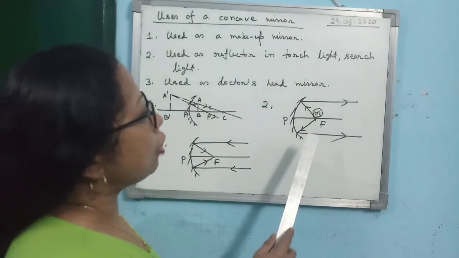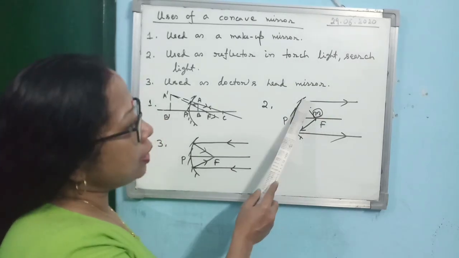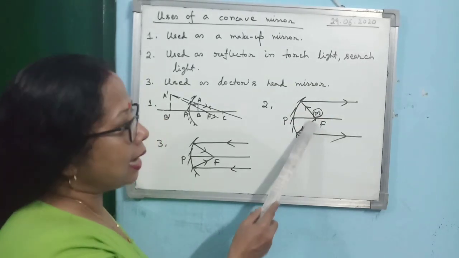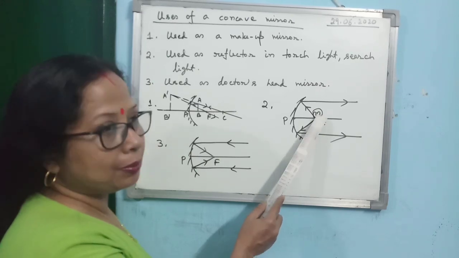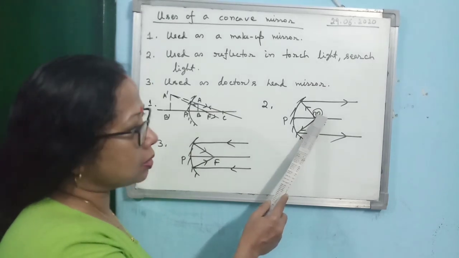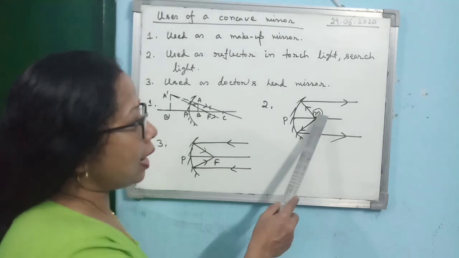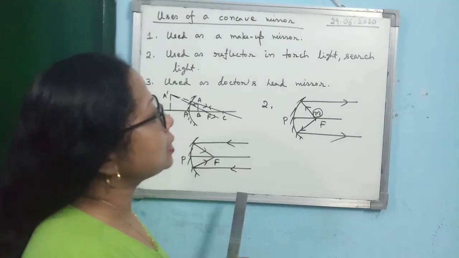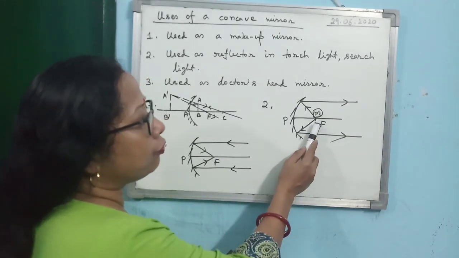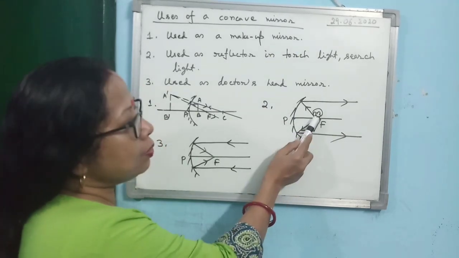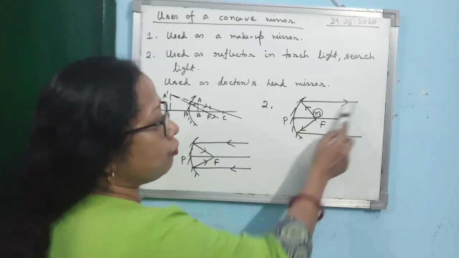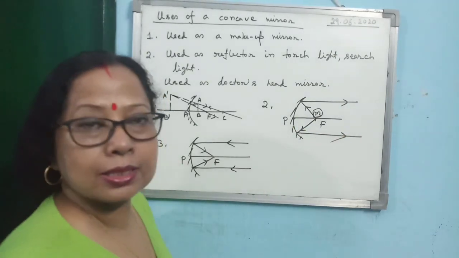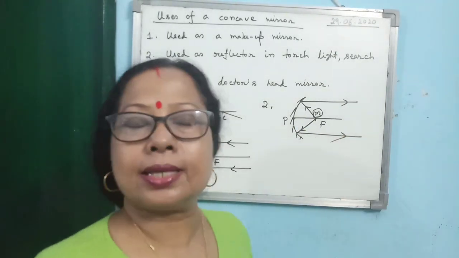So you see, instead of only a bulb, if you use a concave mirror as a reflector, what is happening? This is the bulb, you assume, I cannot draw very nicely. You have placed it at the focus of a concave mirror. Then the rays coming from the bulb fall on the mirror, and after reflection become a parallel beam of rays.